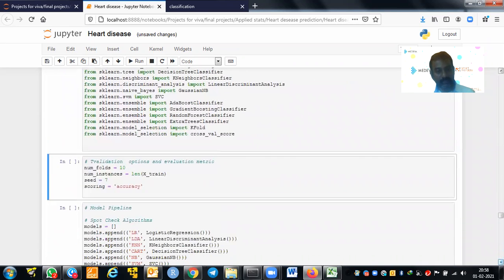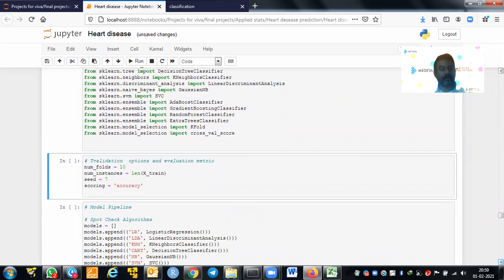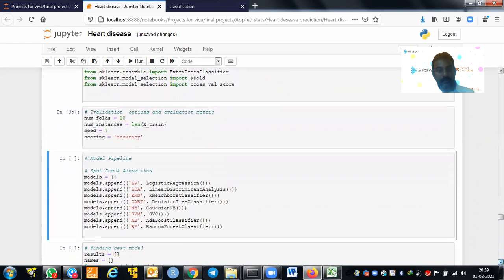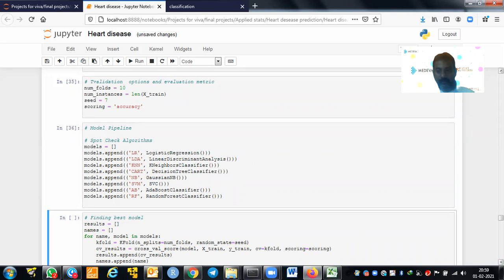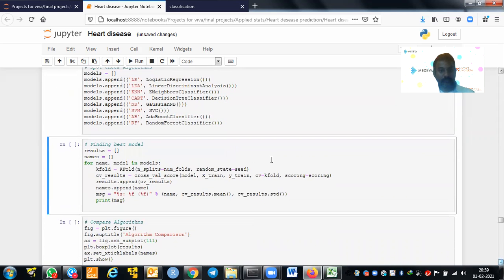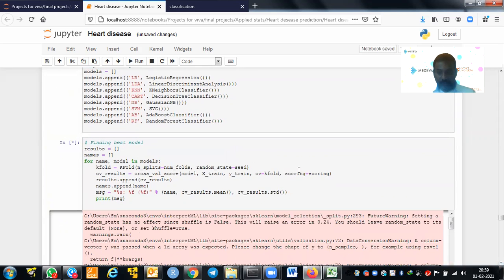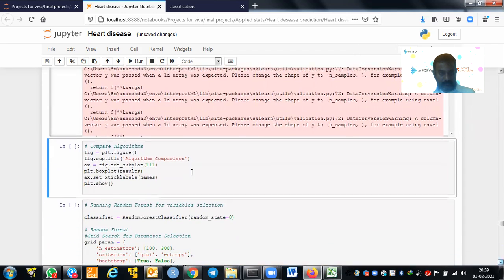Because it is a classification model, and we know there is no freehand algorithm for classification, we are running all the classification techniques as a pipeline using k-fold validation. Here k is 10-fold validation, and we are running all the classification models: logistic, linear discriminant, k-nearest neighbors, decision tree, naive Bayes, support vector machines, and random forest and boosting techniques, whatever we taught. Then we look at all these methods and get the accuracies.